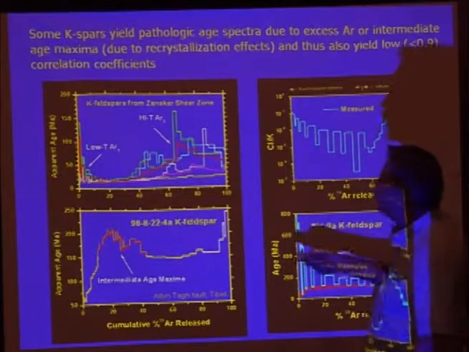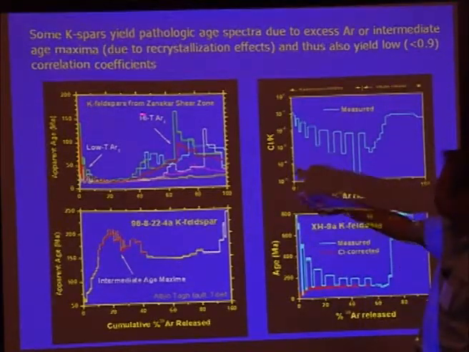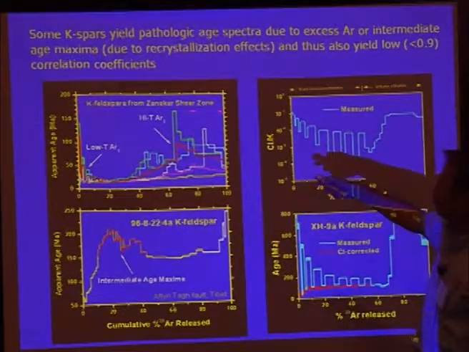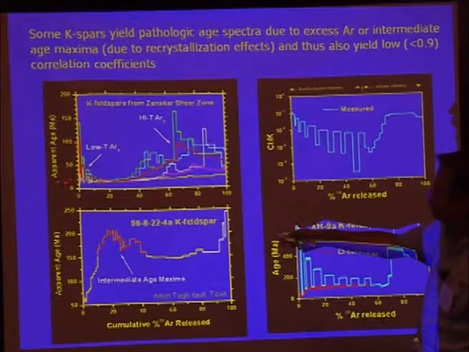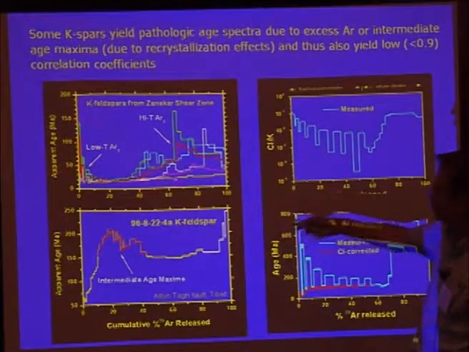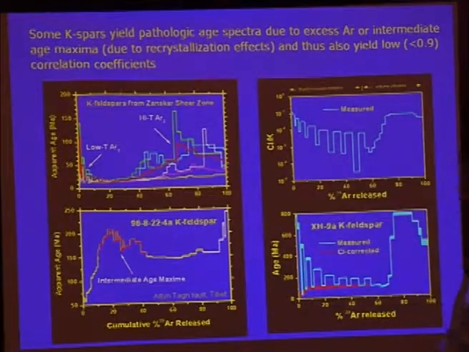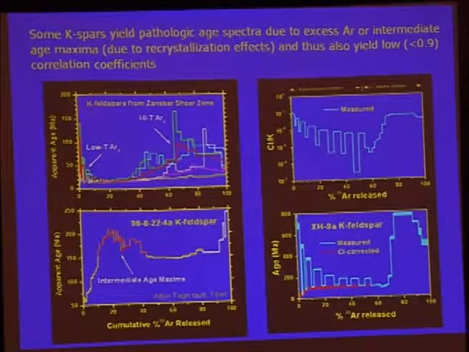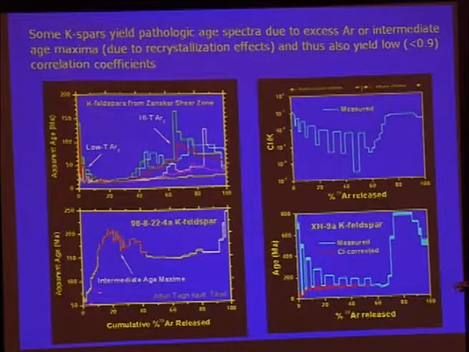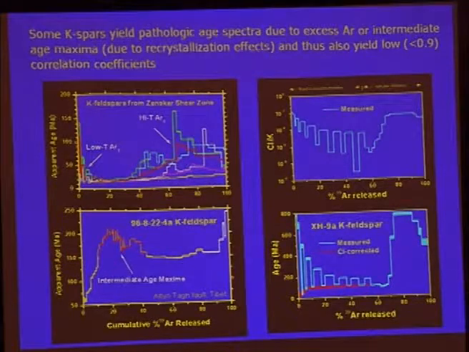Argon goes in. So here's a case of a granitoid from a 19 million year old pluton in the South Tibetan detachment. In fact, the oldest this thing could be is right here. We got ages as high as 150 million years, in a sort of spasmodic pattern. This is low temperature excess argon, high temperature excess argon. You're pretty much done. This is actually another phenomenon that you see, this intermediate age peak,